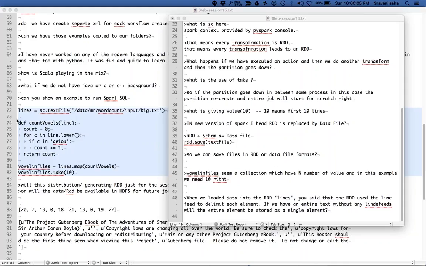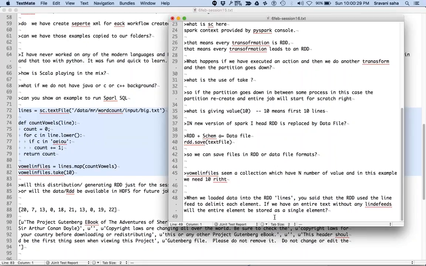First sc.textFile tries to load the data. Data as in, it first maps, and then when the actual process is run by the cause of an action, it first loads the data, splits it by new line, and creates those elements.